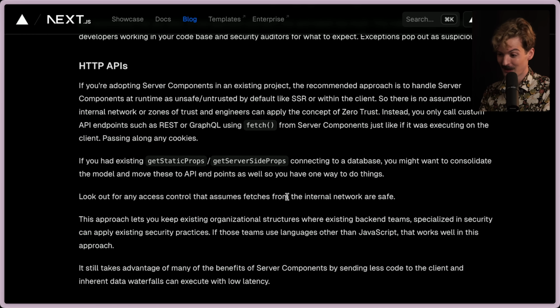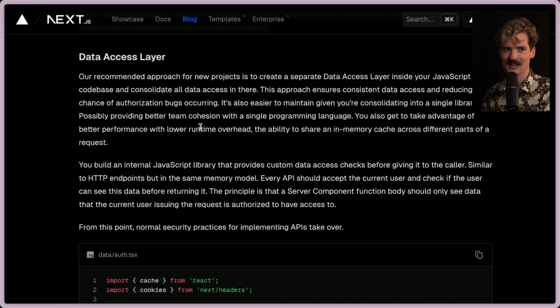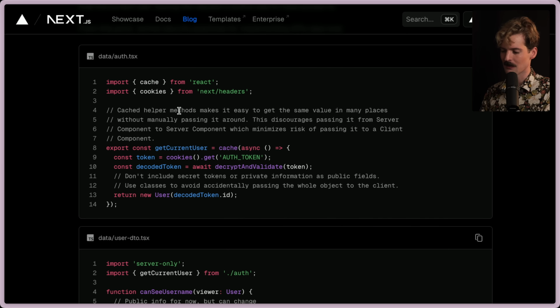So I want to make sure we all understand that this is an option because I feel like when people see code like what I shared before, they assume you can't do this, but nothing's stopping you from doing this. You can adopt these things as much or as little as you want and split things accordingly. The way I tend to build things though is using the data access layer pattern. This pattern is super cool. It's effectively taking the things that your application code is using and writing them all in one place.